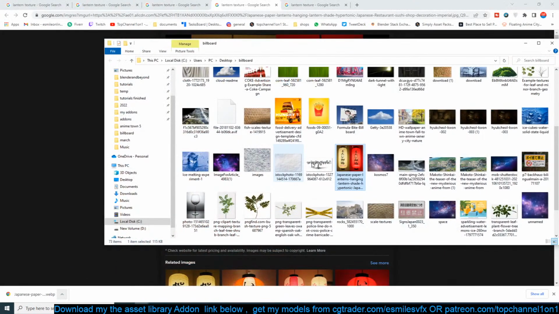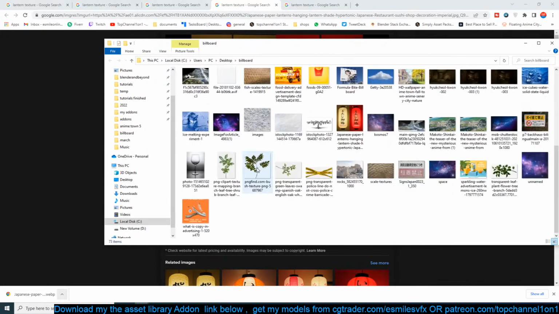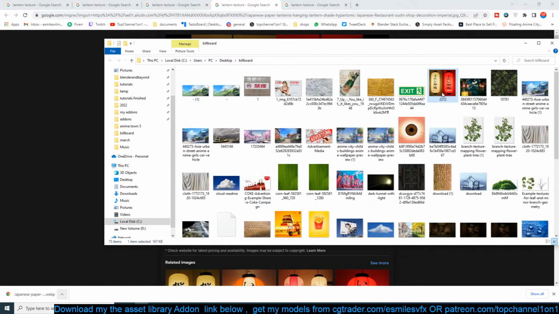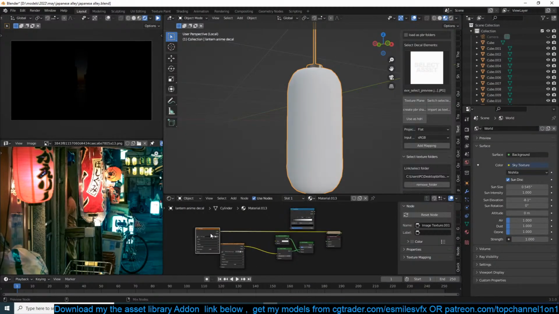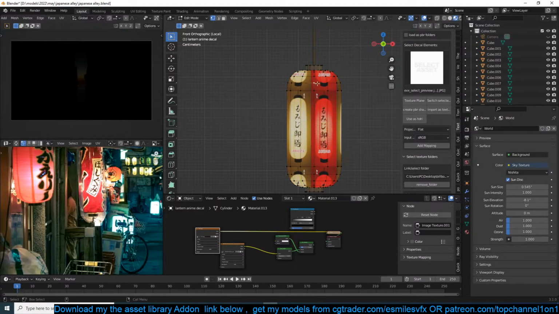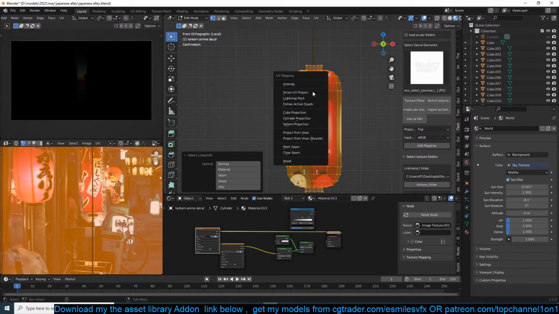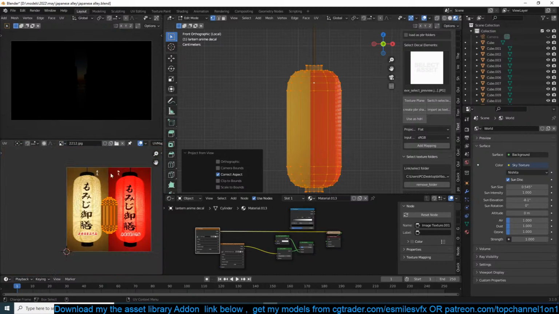Let's see. Should be in here now. Okay, see now. Can just drag it in and just do a projection. Unwrap, projection from view. Let's find the lantern image.